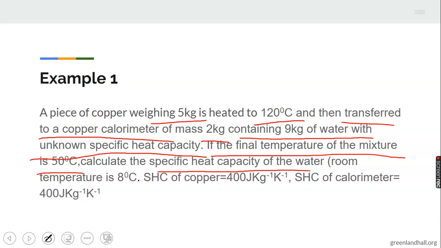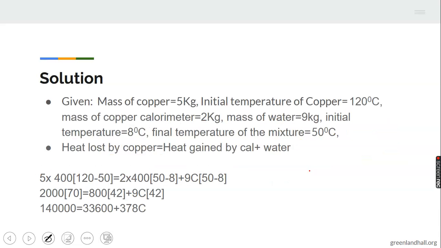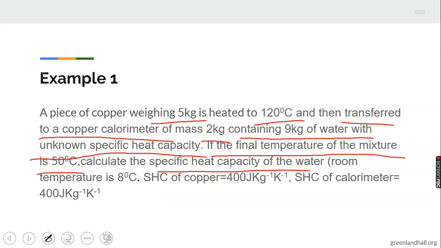Before you go into the solution, first of all, record all that you are given, I mean the parameters, which have all been recorded here. And before you start solving it, think of what will happen. The hint here is that it is the copper that is heated and transferred to water. If you look at the temperature of the water, it is 8 degrees Celsius. That means you must know the quantity that is giving heat and the quantity that is receiving heat. From here, the copper is giving out heat.